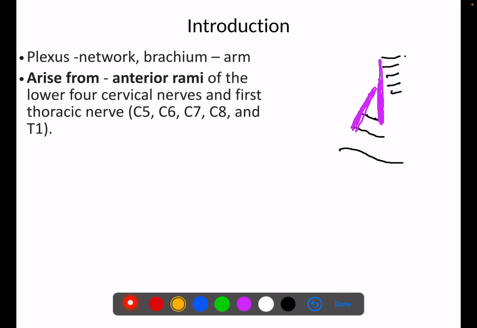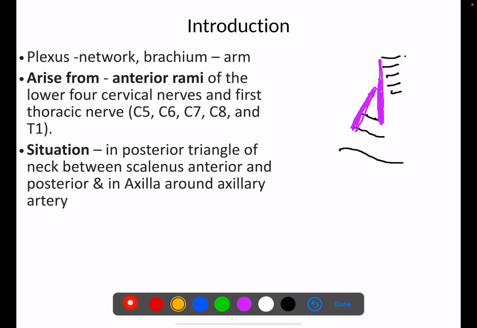They arise from anterior primary rami of lower four cervical nerves and first thoracic nerve, so from C5 to T1. Then they are situated in posterior triangle of neck between scalenus anterior and scalenus posterior, and they extend in axilla